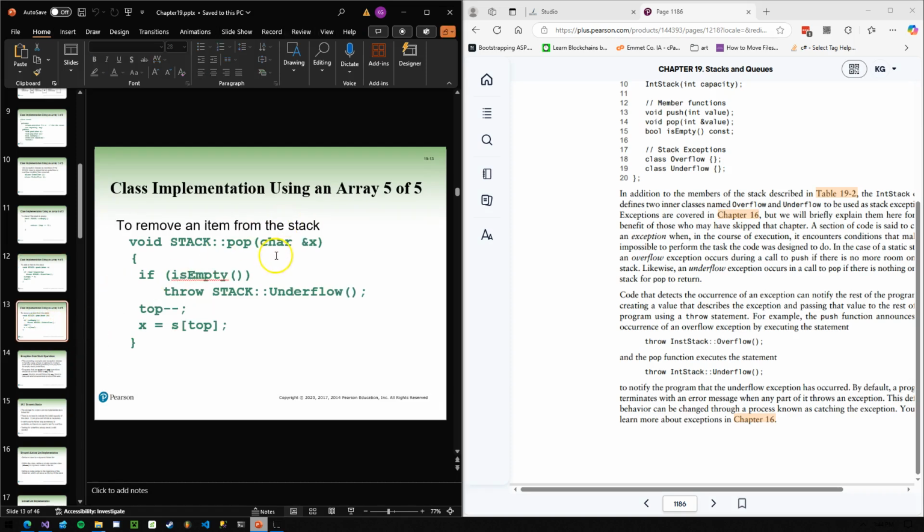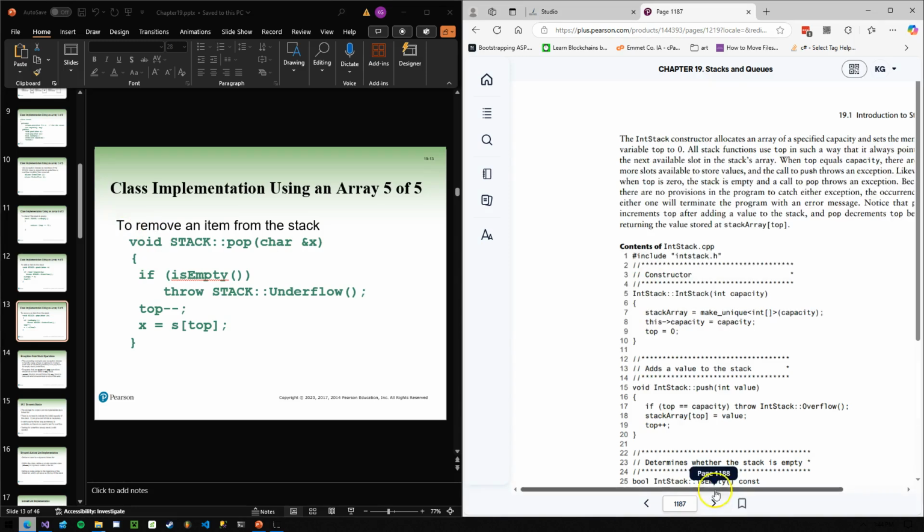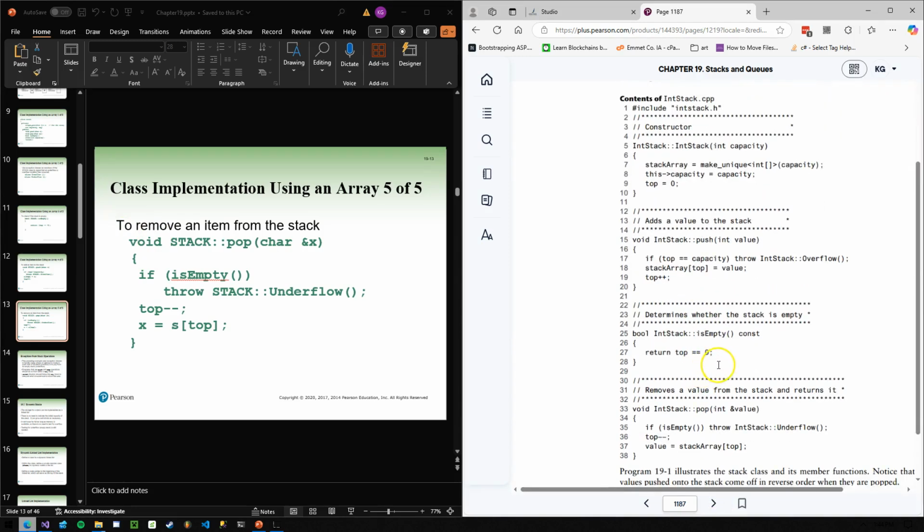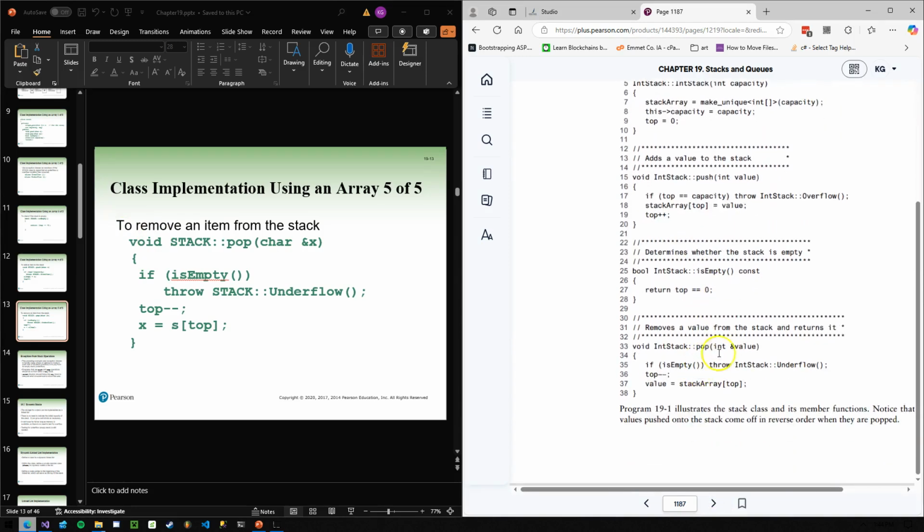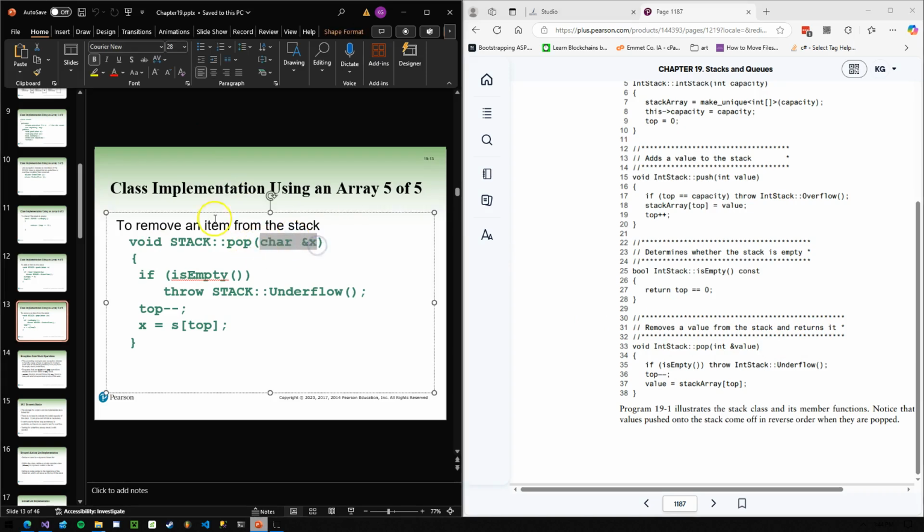Likewise, when we're popping, we're not returning anything. I'm not sure. Let me advance a few pages here in the book. I'm a little confused about something. Removes a value from the stack and returns it. Oh, okay. Yeah, we are passing in by reference here, so that makes sense. Okay, let me break this down. That looked a little strange to me. I would have expected to see the char here to return it after you've popped it off the stack, but